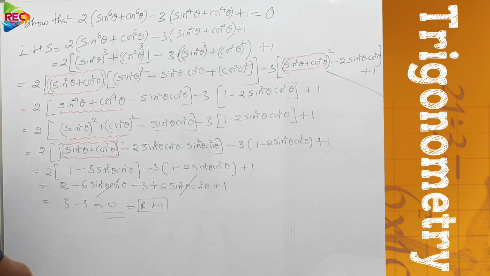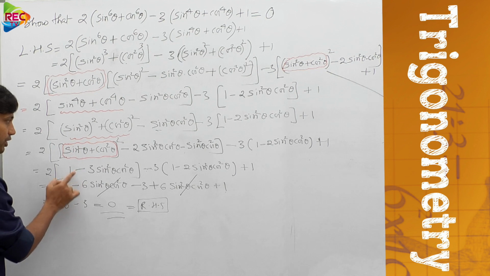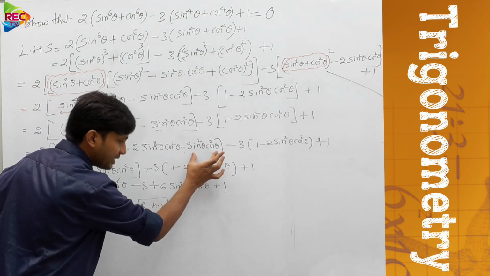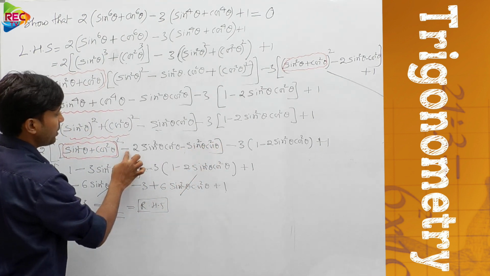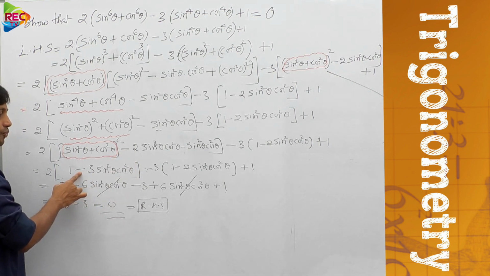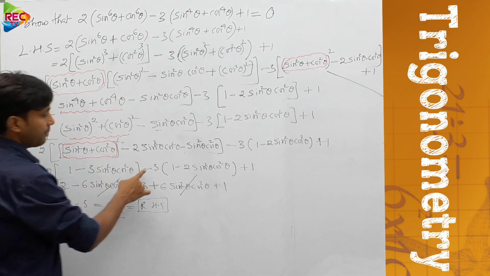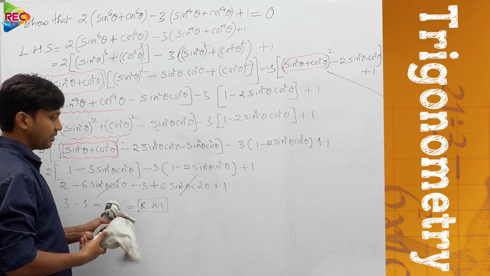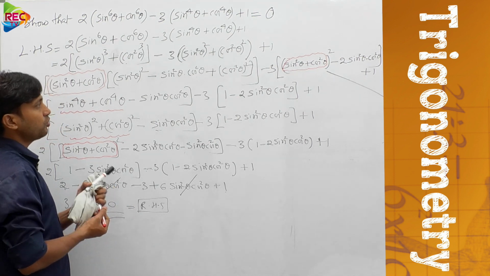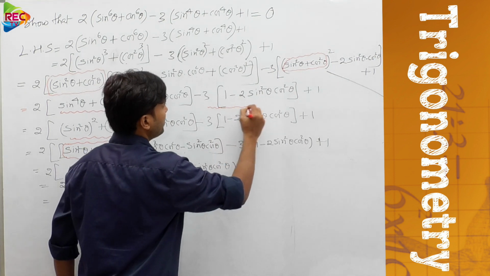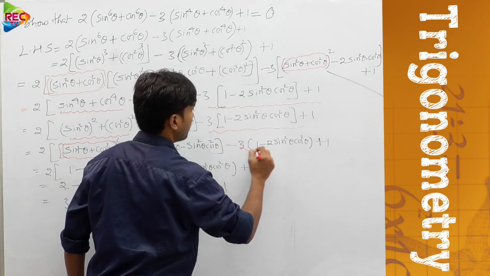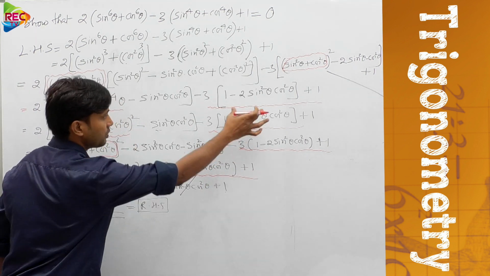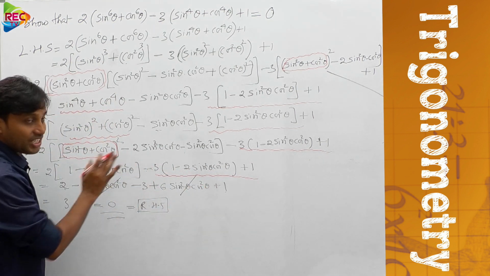Now here again sin square theta plus cos square theta value became 1, so 1 square is 1 itself, minus 2 sin square theta cos square theta and minus sin square theta cos square theta. Since the signs are the same, they are added together to form minus 3 sin square theta cos square theta, and minus 3 into this term again remains the same. So in each and every step you can observe that we didn't change the last two terms after simplification. Till the last step this was constant. This wasn't changed at all.